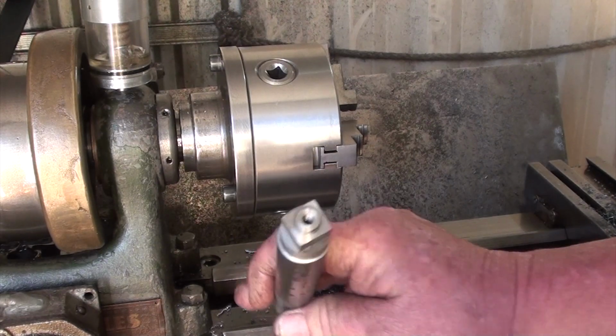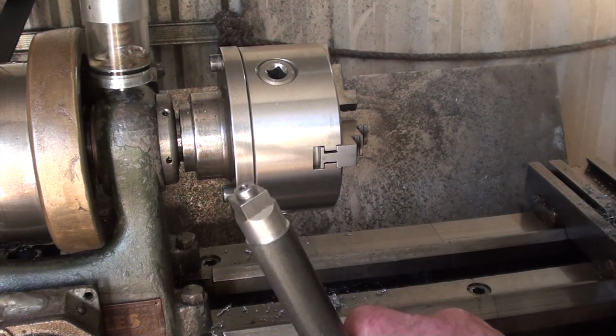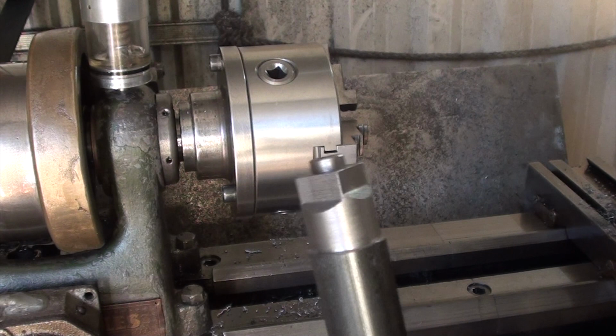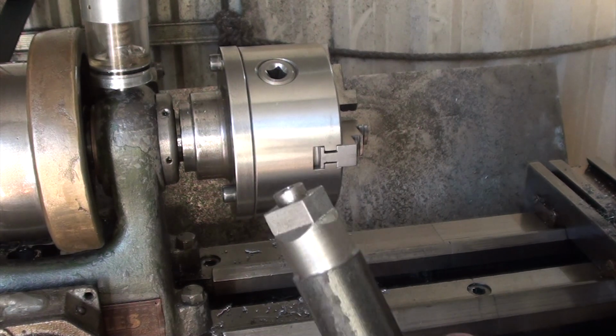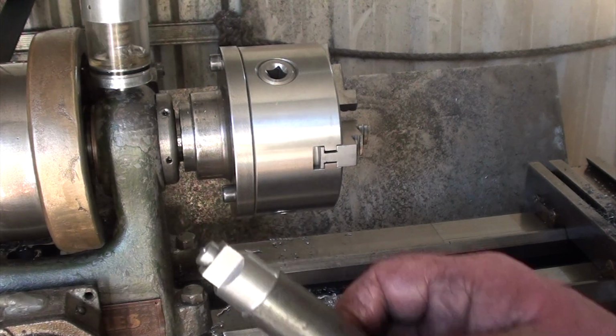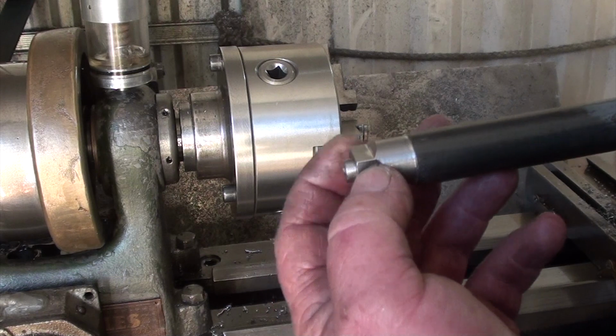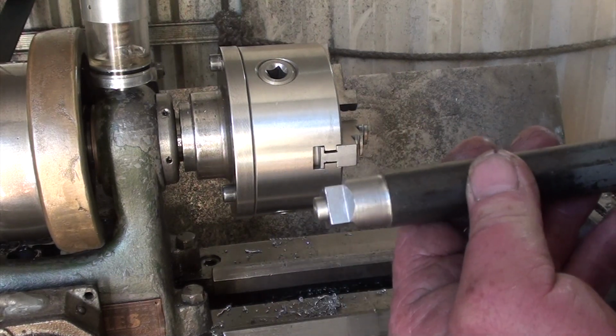Okay, it's out of the shaper. That's how it turned out. Nice little square on the top. Came up pretty good. So now I'm going to change over to the 4-jaw, and I'll chuck it in the 4-jaw, and then